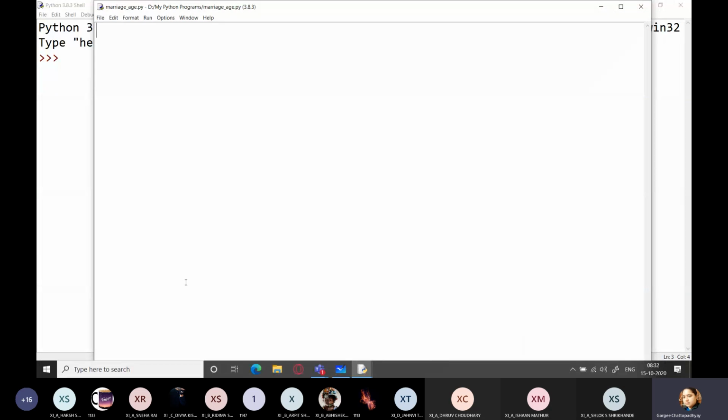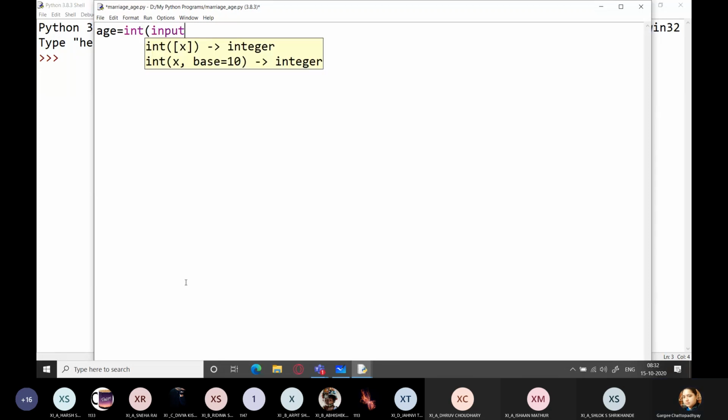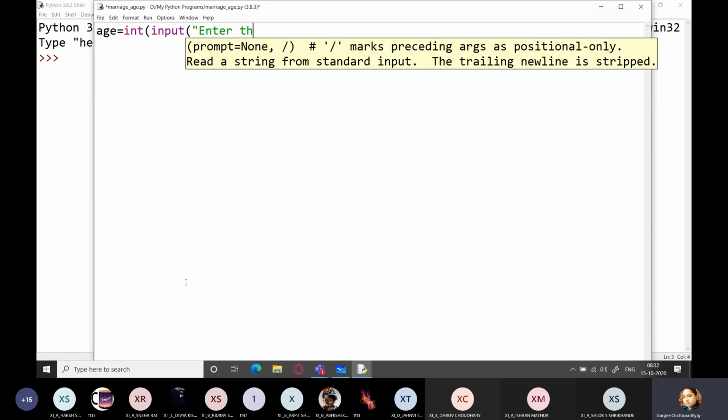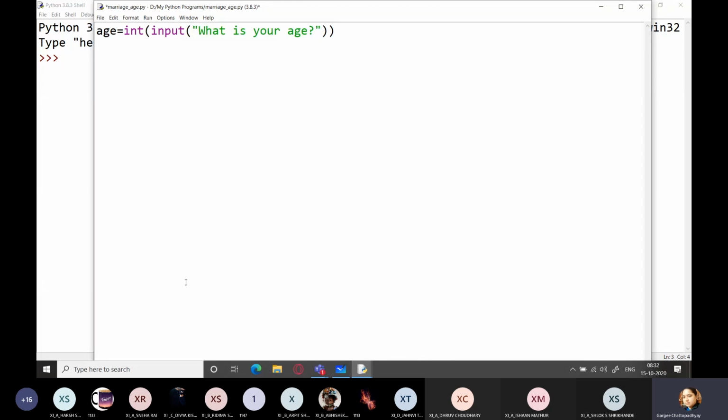And the very first thing I'm going to do is ask for the age of a person. What is your age? It is simply asking a person, what is your age? And the person is entering the age. Whatever value the user gives will be saved in age.